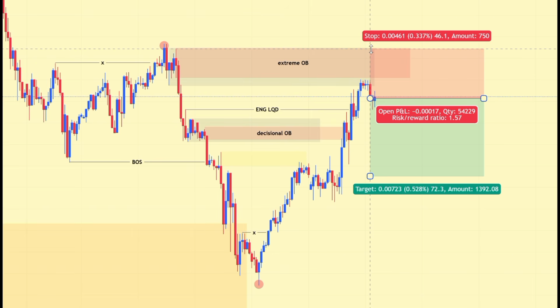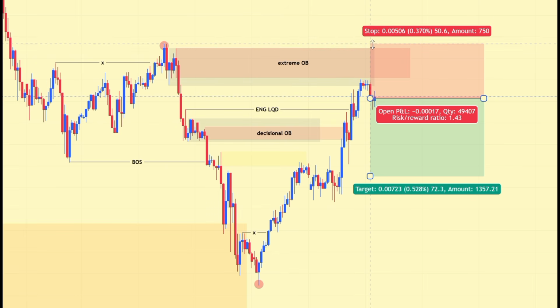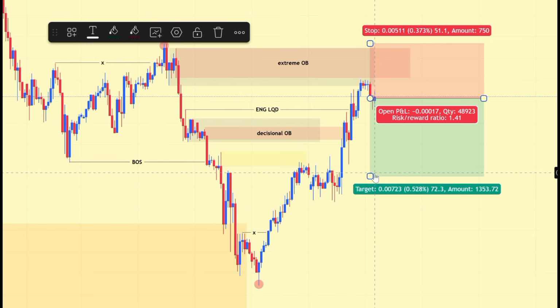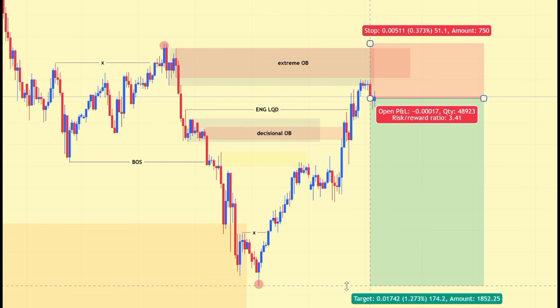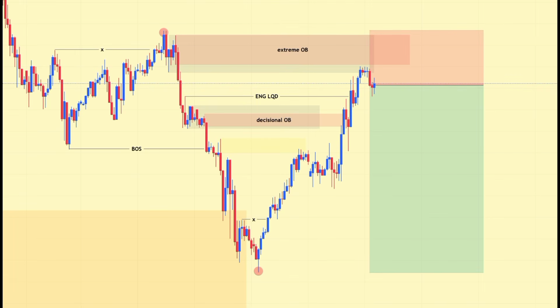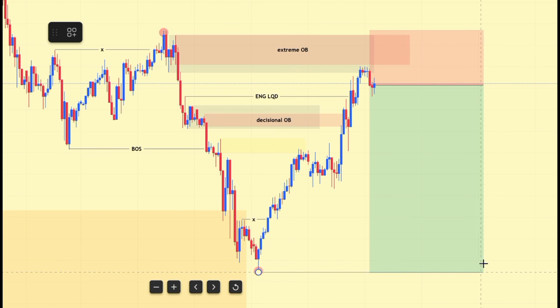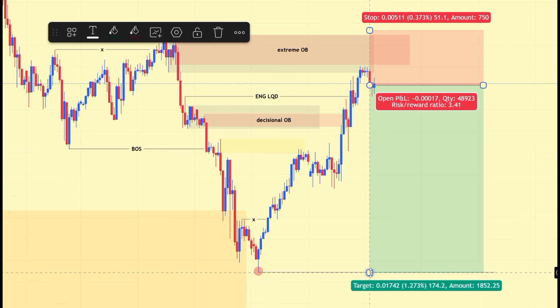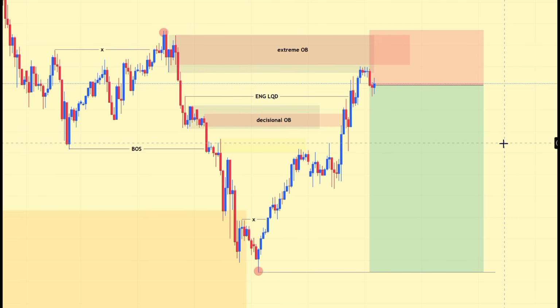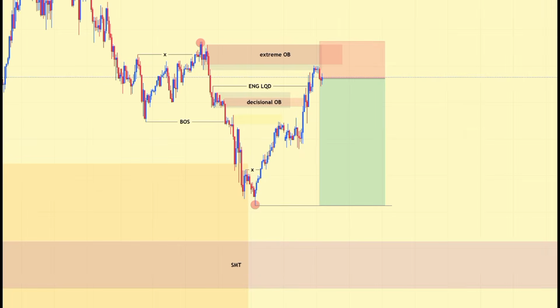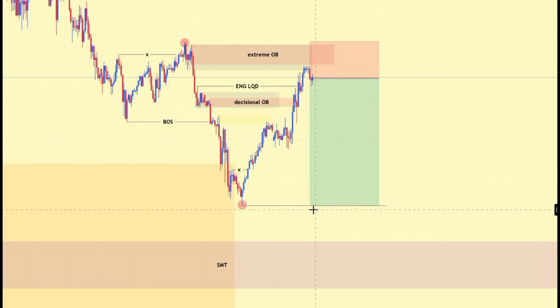My stop loss, of course, is above this extreme order block or above that external high. And of course my TP1 is none other than this here, I mean this external low here. So this here is my TP1, and this already gives me a 3.3. So that's my TP1. My TP2, as you have guessed right, it will be on that SMT, of course, this